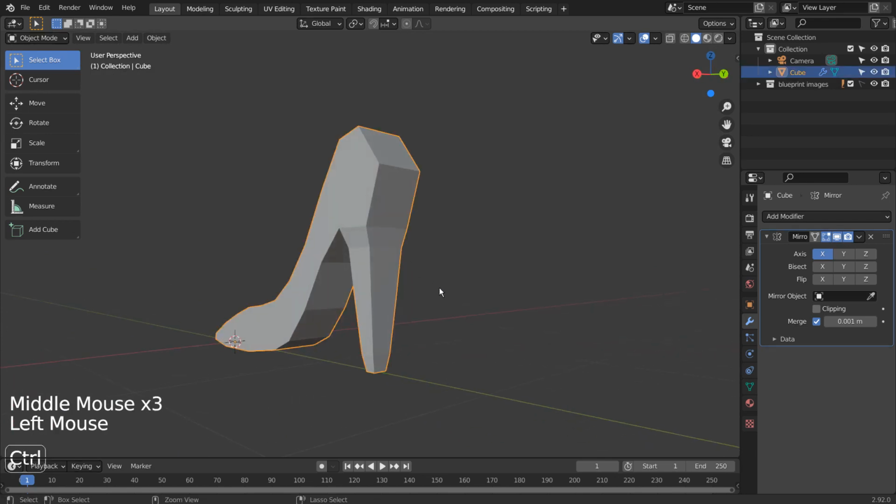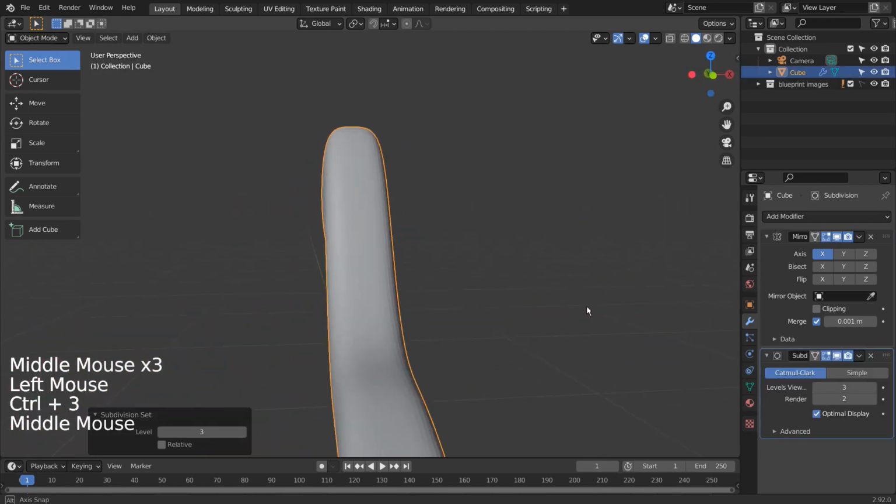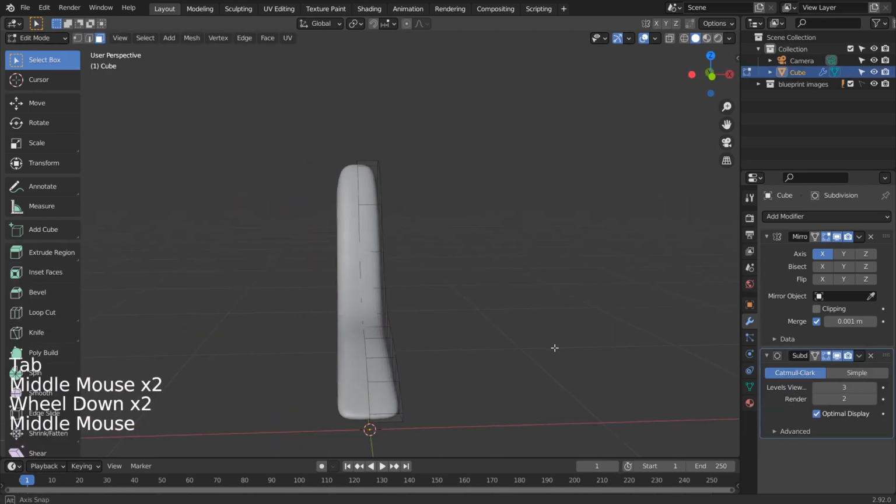Ctrl 3 to subdivide. Right-click and shade smooth to smooth the surface.